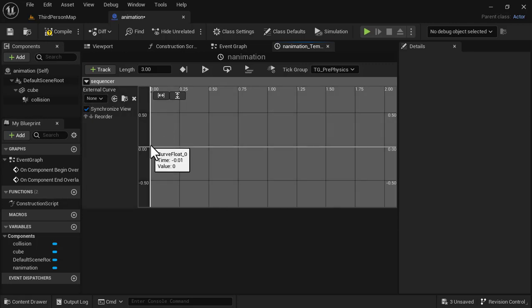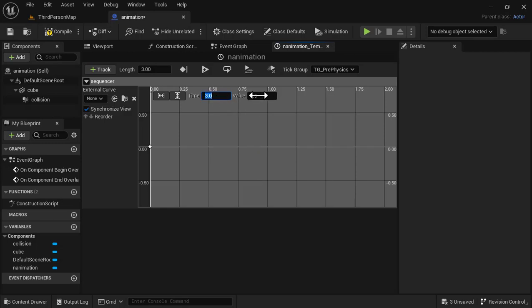So to create a point or a track point, we should hold down the shift key button, then right click on your mouse. It's going to create a button for you, and this is the time from where it's going to start from. So we are going to click it and put 0 over there. So it's going to start from 0, and we are going to create another point. So this point we are going to make it to go to the last end. So we are going to put 3 over here,